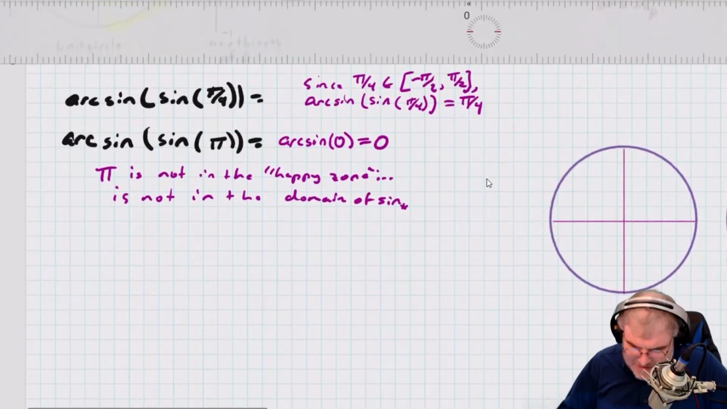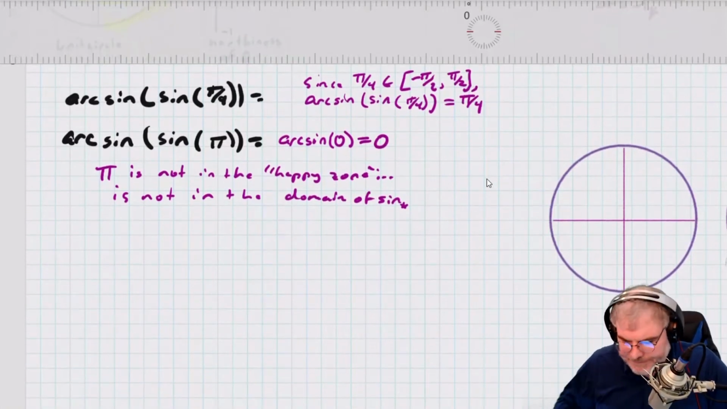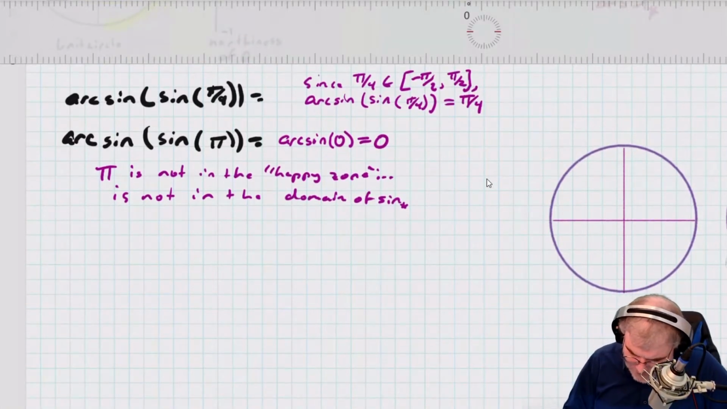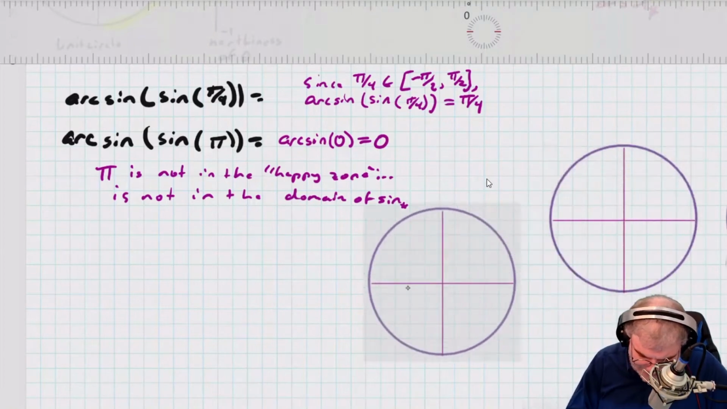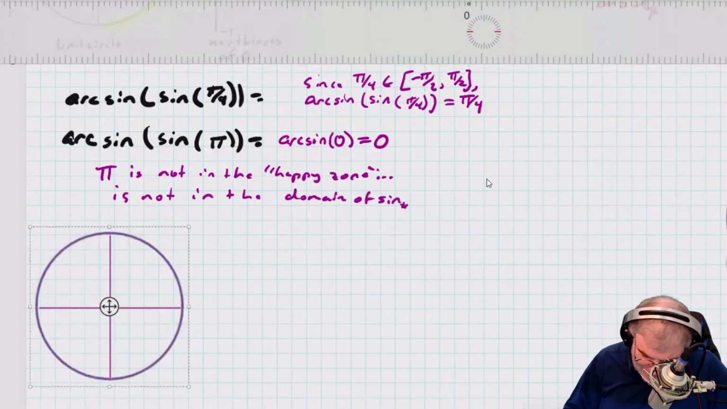Okay. The same thing is true for cosine here. So we have cosine here, except that the happy place is different, okay? So the happy place for cosine is from,